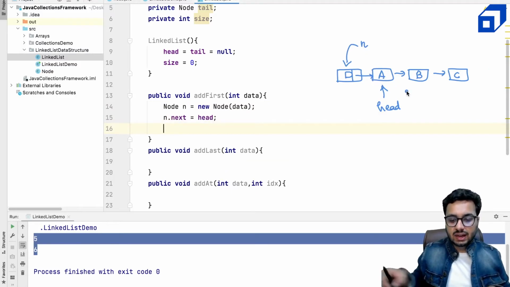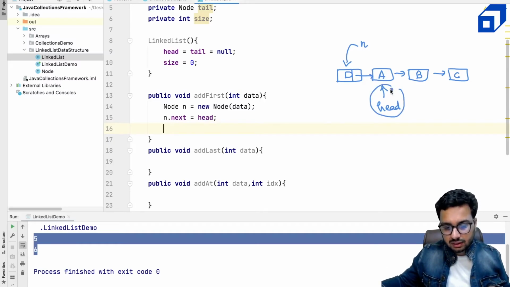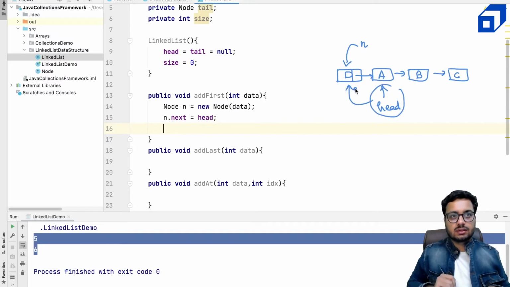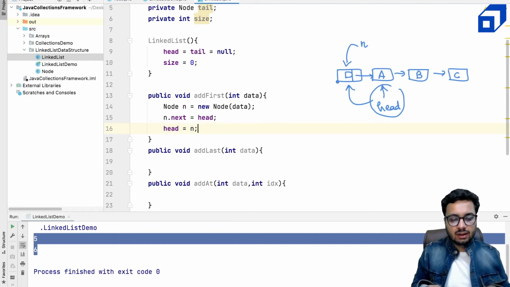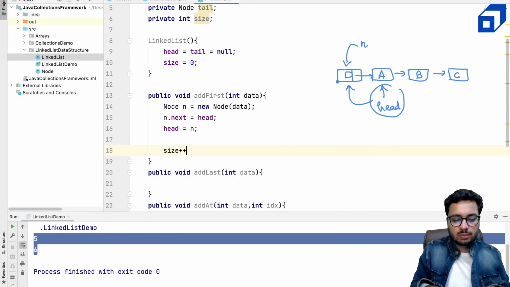One thing I need to do is move this head here, right? This head should not refer to A, instead this head should now refer to D. So I can say head is equal to N. So this will work really well. And one more thing I will do is size plus plus. Every insertion will increment the size of the linked list, right? So this will work really well